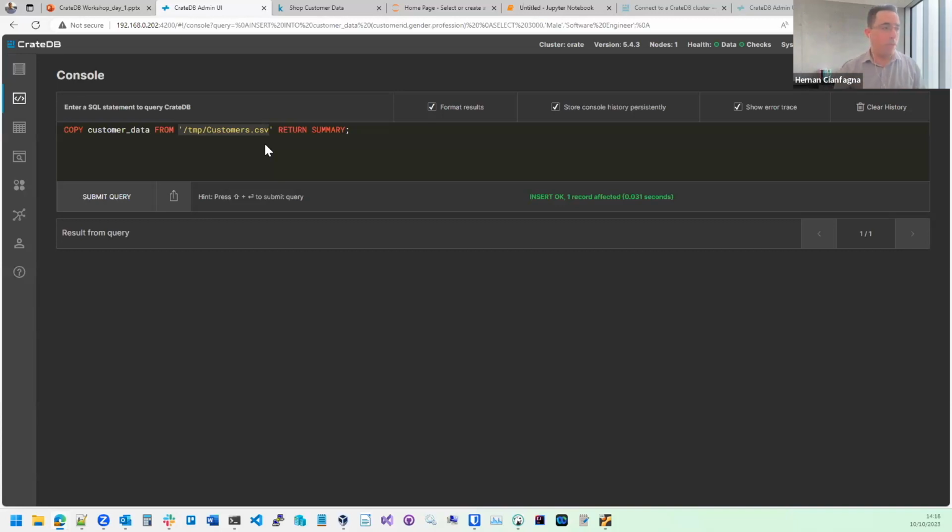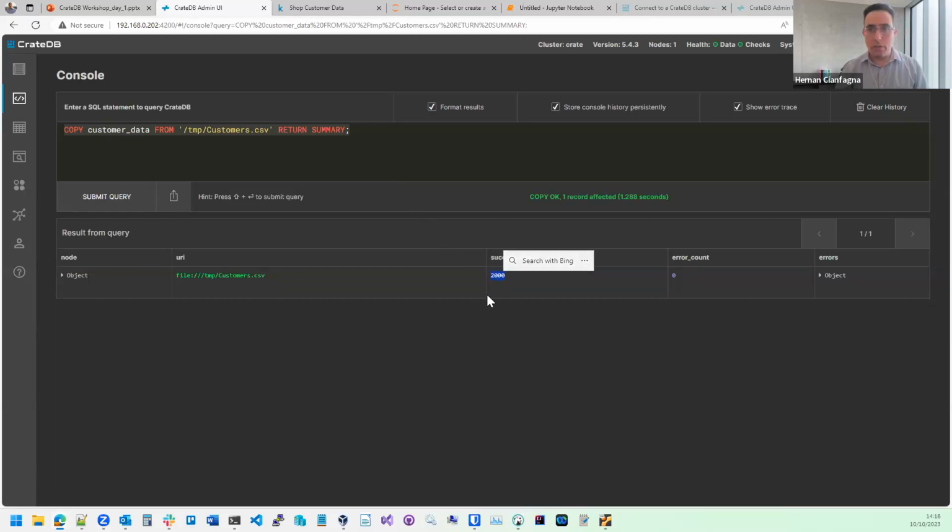The same if I will be referring to an S3 bucket, for instance, or an HTTP address somewhere on the internet. It's not my machine that will go to this location, but it's the CrateDB servers that will do it. So you need to consider this when you are building your environment to allow the connectivity for this to work if you will be doing this kind of data import. In this case, we already got the table. There is this CSV file, and I will just run that command,